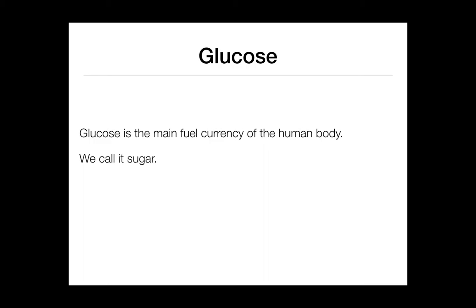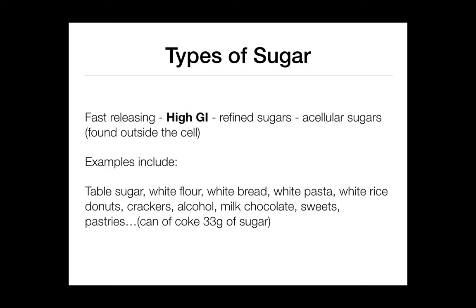So glucose is the main fuel currency of the body. We call it sugar. So there are different types, the high GI and the low GI, which we talked about. High GI is outside of the cell. So if you take an apple and you juice that apple and you drink the apple juice, you've taken the fiber away, you've taken the sugar out of the cell, so it's refined and it's very easy to digest that